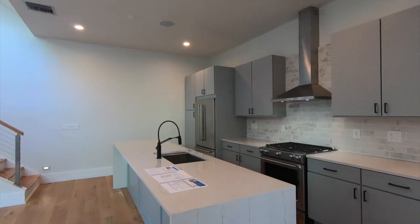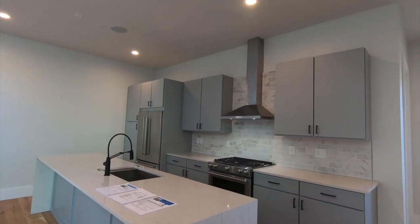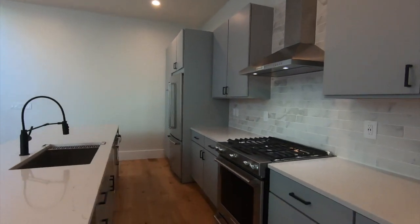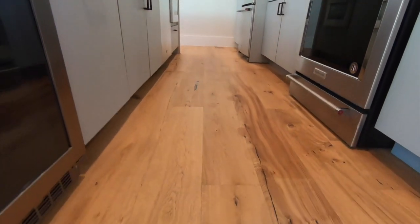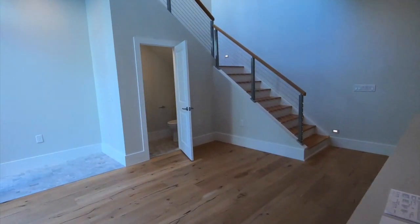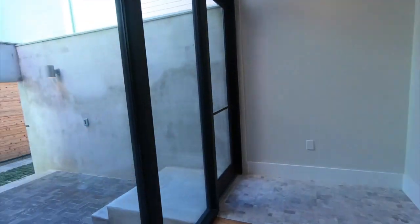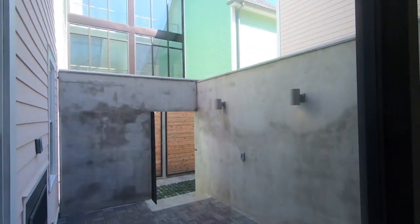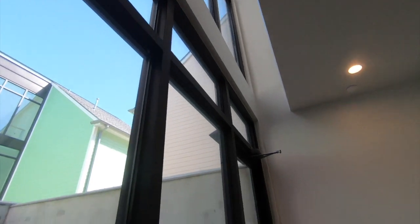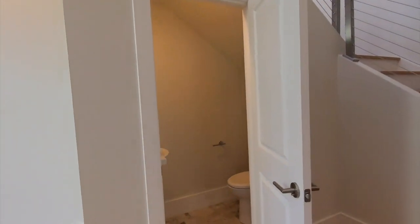But as you can see, this kitchen is different. It's got the gray cabinets with the black door pulls and the black faucet. They all have these same beautiful floors. They're wide plank wood floors from France. They all have this beautiful patio space like the first one and the 30-foot storm grade windows all the way to the top. Here's our half bathroom